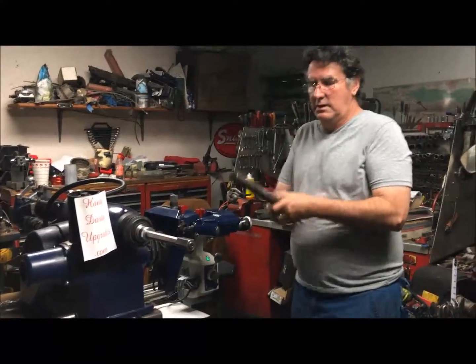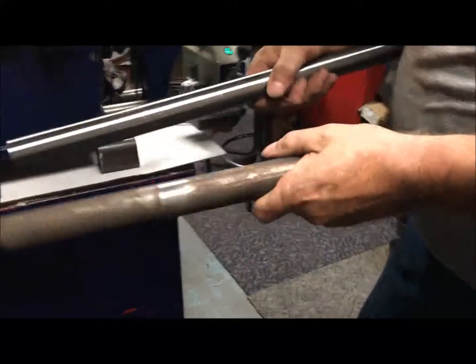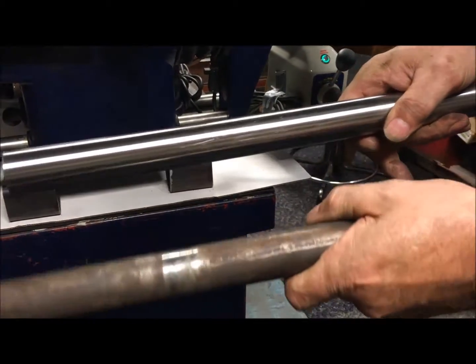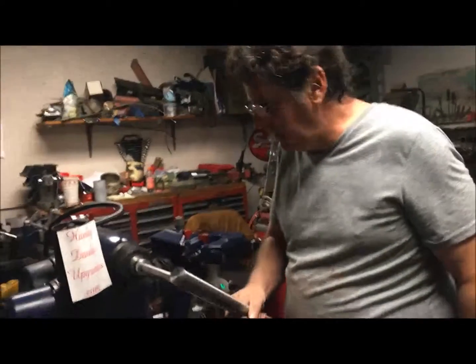We've always known that the guide bar needed to be clean. Part of a proper service on a brake lathe is cleaning up the guide bar. Take the sandpaper out and polish it up. With the bigger rotors, I'm